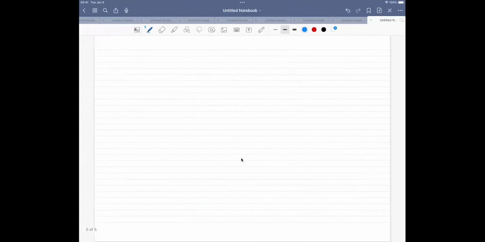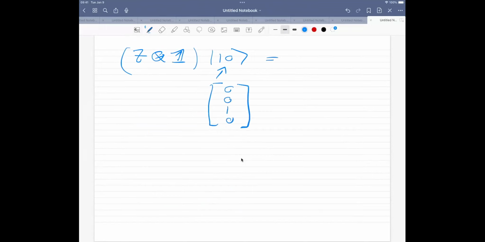Now, if I take the next one, so now I'm just going to write Z times the identity matrix, and I act with this one on 1, 0. And remember that that one is 0, 0, 1, 0. What happens then is the following. I'm now performing a measurement. If I perform a measurement on the first qubit, which is because I have this Z matrix here, you see now that what I get is -1 times 1, 0. So this is a correct eigenvalue